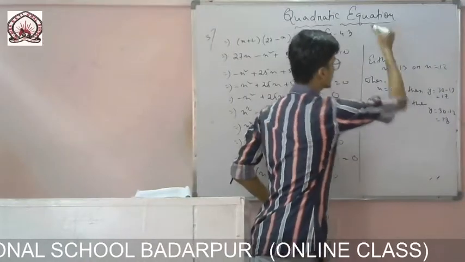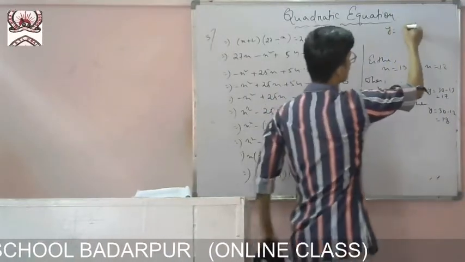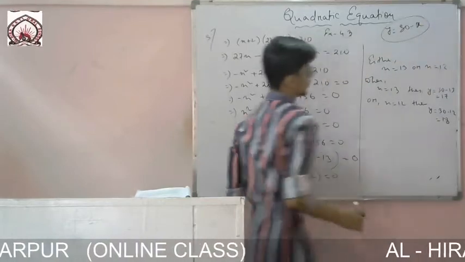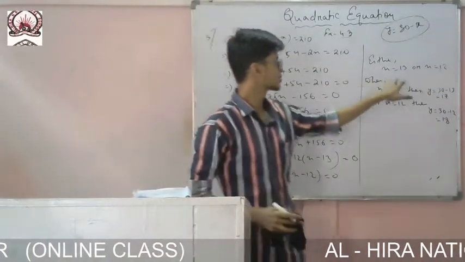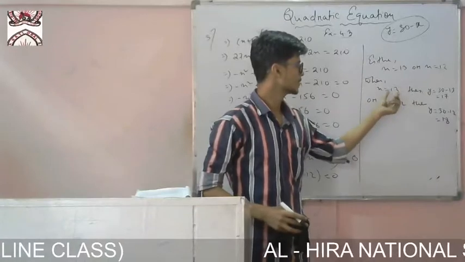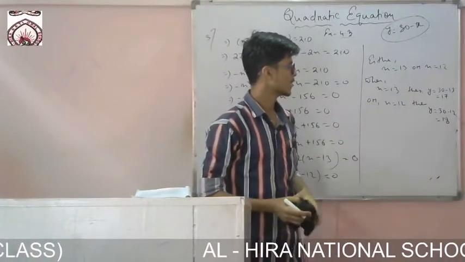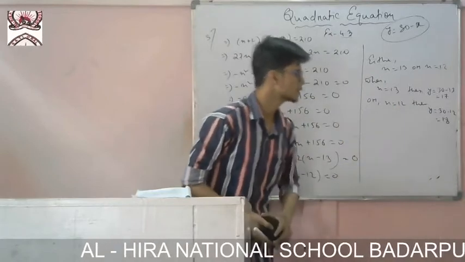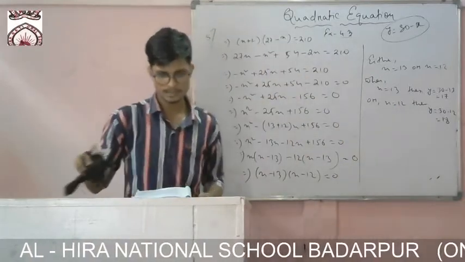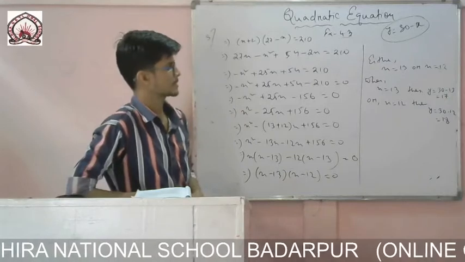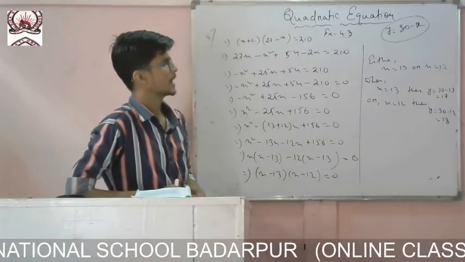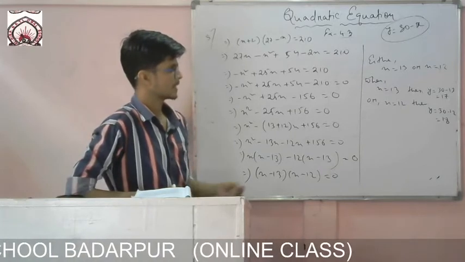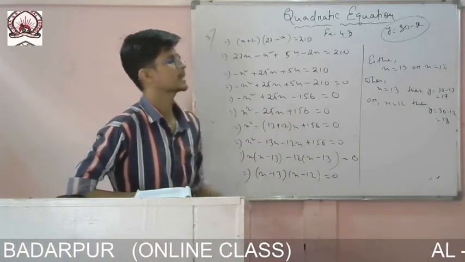Okay, so we have got the equation now. Y is equal to 30 minus x. So we have to put this one. So the value of x is 13, then y will be equal to 17. Or if x is 12, then y will be equal to 18. So you write, hence the marks in mathematics is 13 and in English 17, or the marks in mathematics is 12 and in English 18.